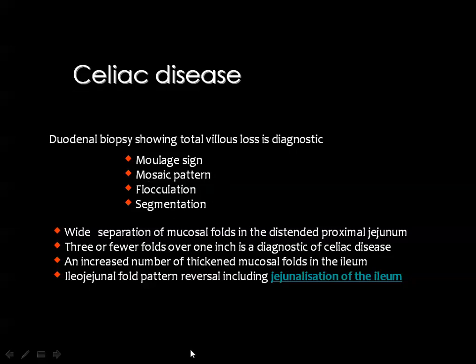And we used to describe the findings of malabsorption syndrome in the barium meal follow through as dilatation of the bowel loops, effacement of the mucosa, barium dilution, and barium folliculation inside the small bowel. The wide separation of the mucosal folds is due to thickening of the wall of the intestine, and there are